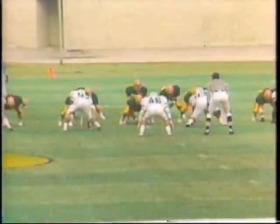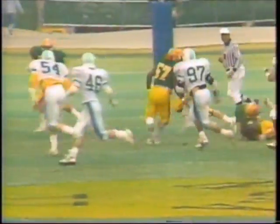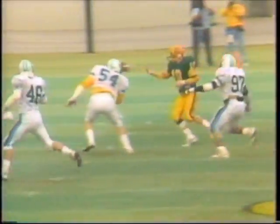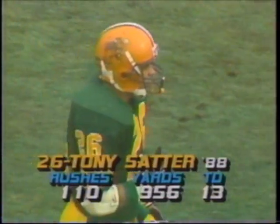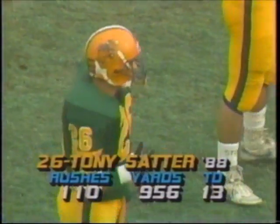This is exactly what North Dakota State wants to do. Get out on the perimeter and challenge the outside linebacker. Do I go to the quarterback? Do I guard the pass? Or do I play the pitch? You string them out and let a guy like Satter with his good running ability in the open field get the necessary yardage. I was very impressed with the patience there by Chris Simdorn as you look at the numbers